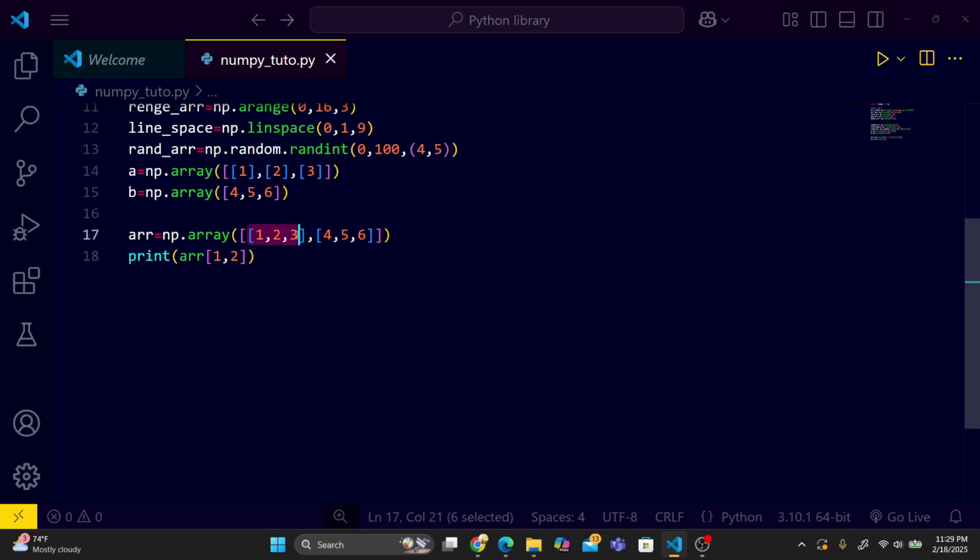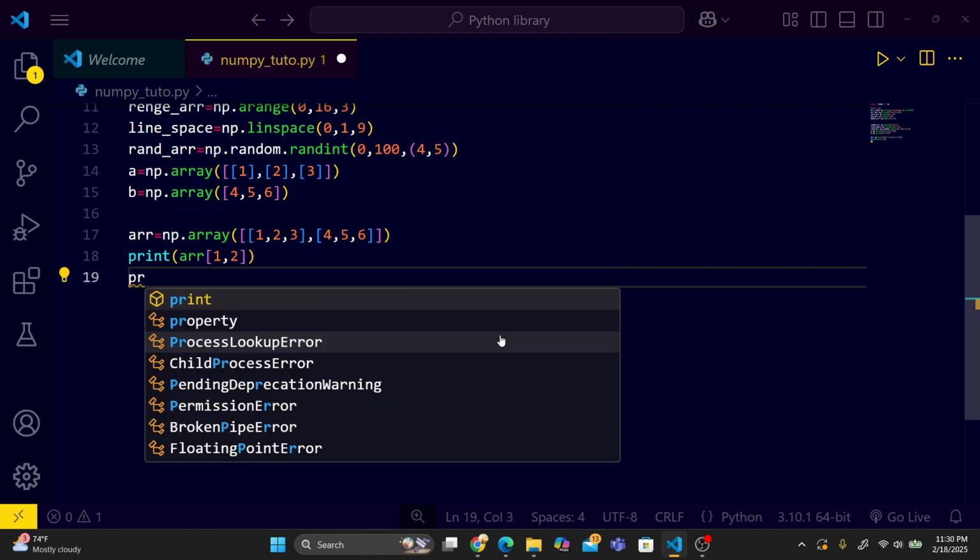Remember friends, this is 0 indexing, this is 1 indexing for row, and for column this is 0, this is 1, this is 2. Okay, so this is for row and this is for column. So yes, you can also use slicing like this. So just type print